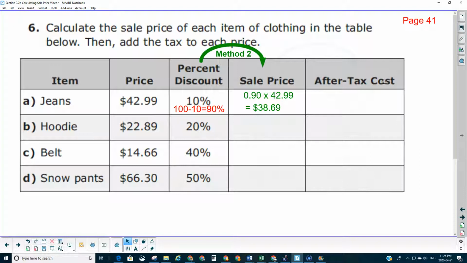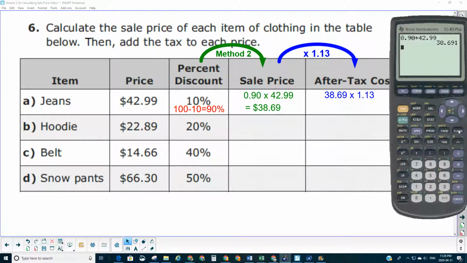Now we have to figure out the tax. So that's how much we only have to pay. But in order to figure out tax, we go back to our last section and remember that HST is 13%. So we need to multiply by 1.13. So we're going to take our sale price and multiply it by 1.13. So again, we'll go to our calculator. 38.69 times 1.13. That's 100% plus the 13% sales tax, and we get